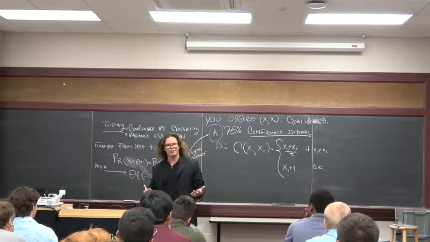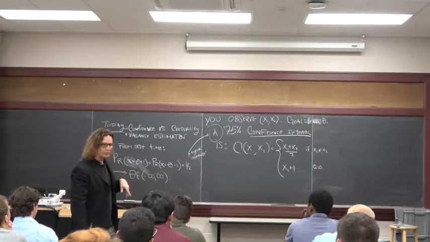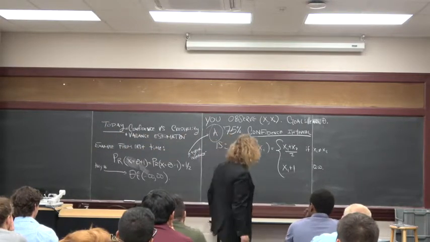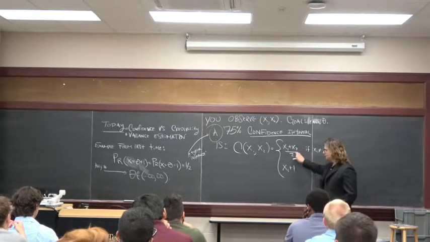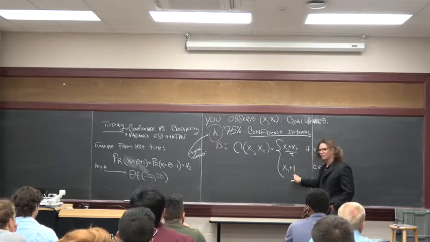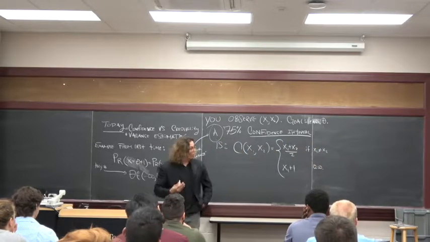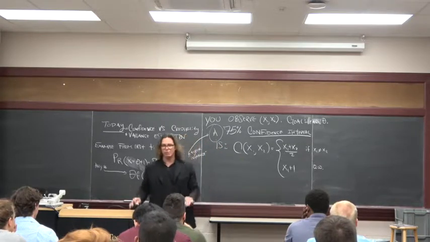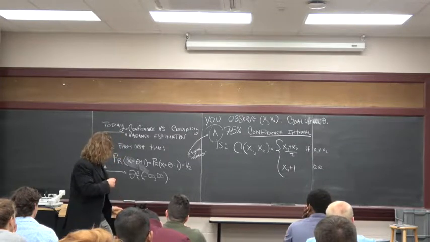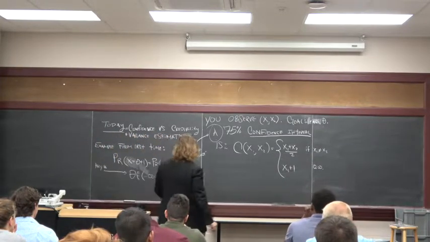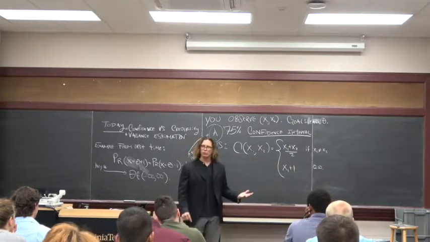We have to think about, do we even understand what it all means? 75% of these would nail the truth. So 75% of the time I'd be telling you the truth, and it's because this happens 50% of the time. This happens 50% of the time. That covers 100% of the time, and that covers 50% of the time. That's why it's a 75% set. And so while this statement is true, this is a 75% confidence interval, and we've nailed the rate, and it achieves this rate really quickly. There's nothing funny with it. It's a very unsatisfying solution.